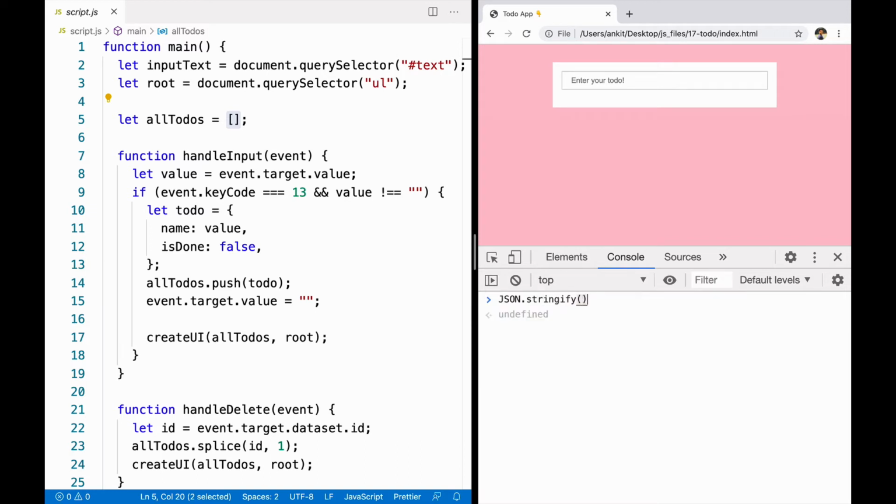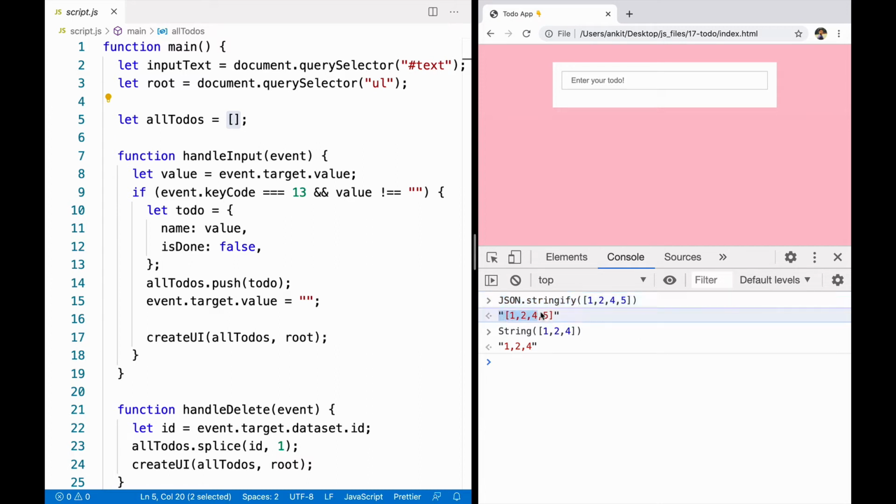JSON.stringify. What this method does is it converts it into a string, but in a very specific way. Look at this. If we do [1, 2, 3, 4], JSON.stringify converted this array into a string, but here we can see the array symbol. But when we do something like this, we can see it is in a string format. So there is a difference between JSON.stringify and a normal string. Whenever you are adding a non-primitive data type into local storage, the first thing you have to do while adding that property is to stringify it.